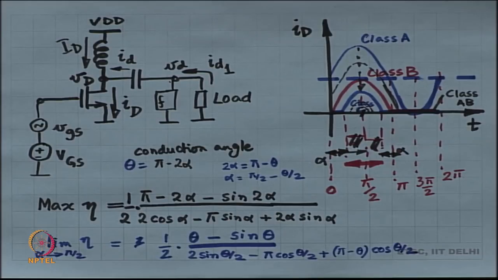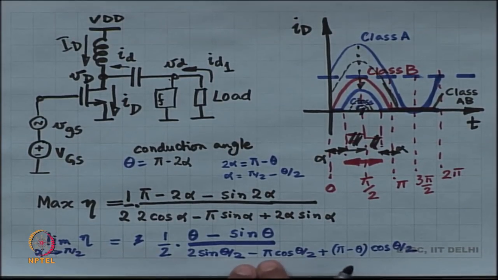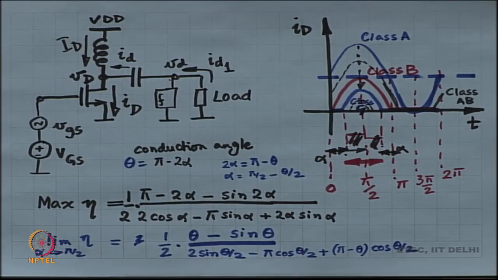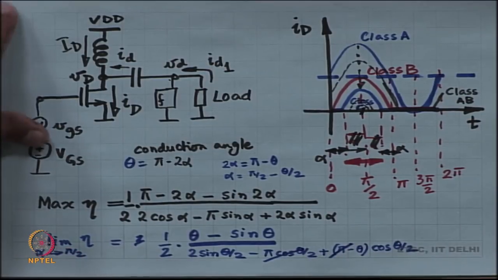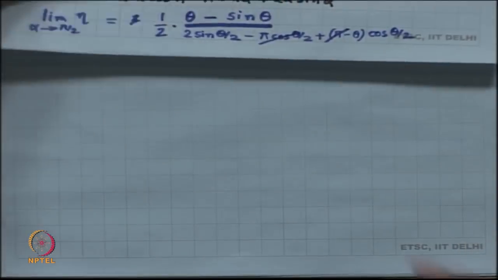And in the denominator you see there is pi minus pi cos theta by 2 plus pi cos theta by 2. So, they cancel out, and then you get